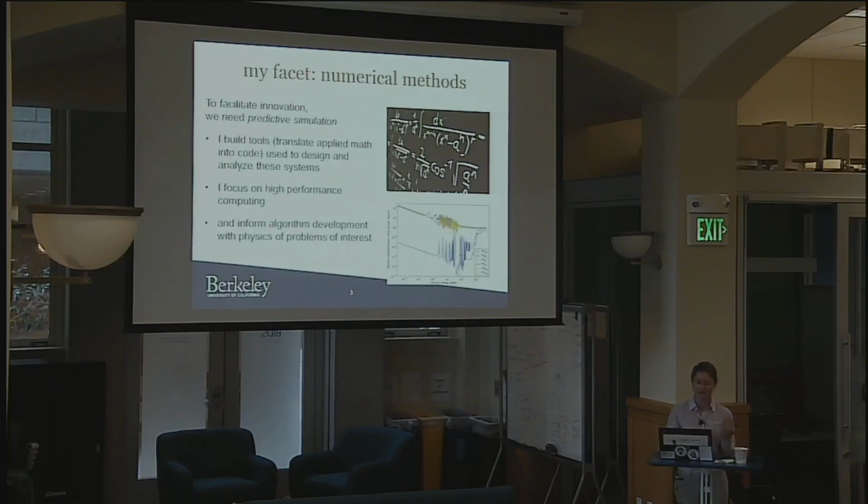So what I do is build tools, which I call translating applied math into code, that are used to design and analyze these kinds of nuclear systems. I focus most of that work on high-performance computing, though not all. And the algorithm development is really informed by the physics of the problems of interest. And so I'm going to get a little bit into what is the problem that we're solving and what's the physics. But an example that I think is a useful picture to go into this discussion with